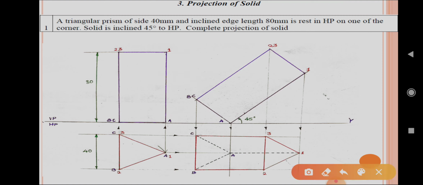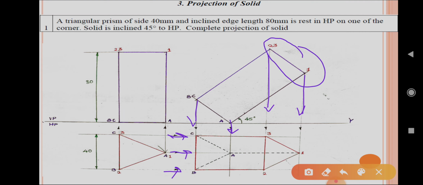Now then take vertical projection line from the each point, downward direction. From each point we can take vertical projection line. Also take horizontal projection lines, and first we can mark the points at top surface. We can complete the top surface points. First, that is a matching, we can get the point 1 is here, vertical projection line and horizontal projection line.